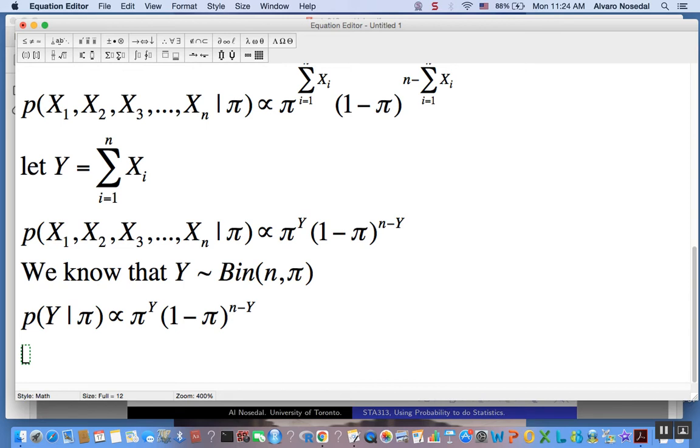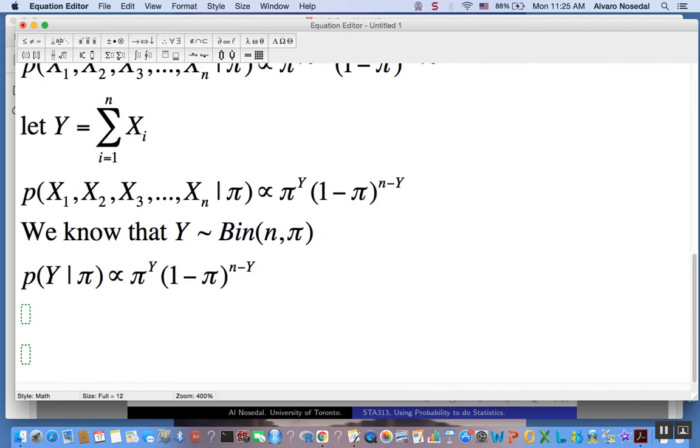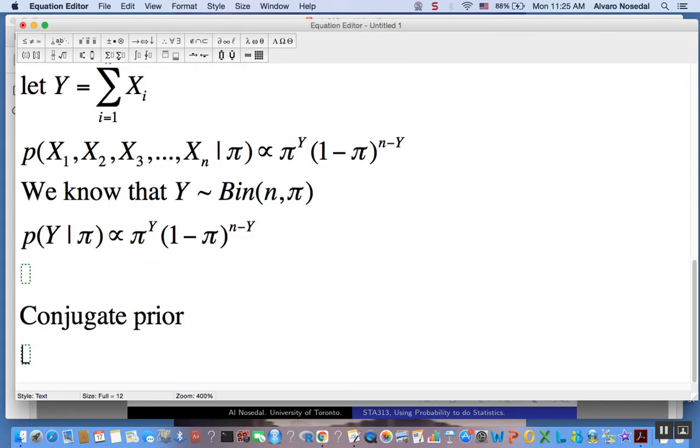Okay, so now let's talk about our prior distribution. That's the other ingredient to do Bayesian statistics, right? So to simplify calculations, we will use a conjugate prior in this case. We know that in this case a conjugate prior is a member of the beta distribution family, right? So let me write that down. So the prior for pi, our proportion, is going to be proportional to